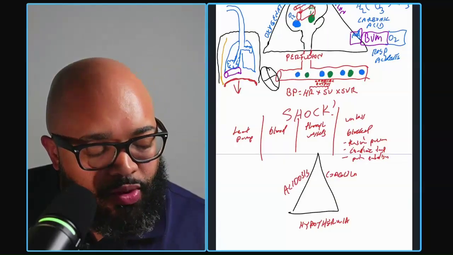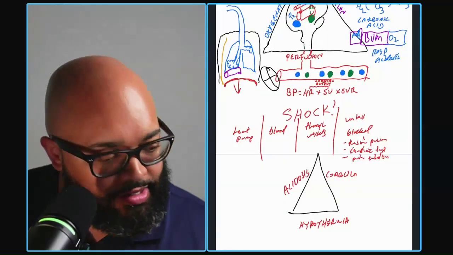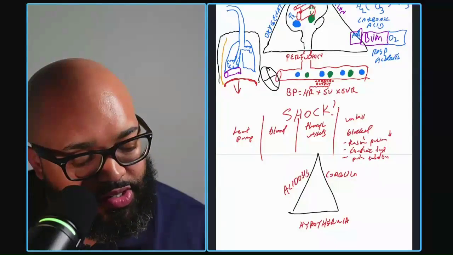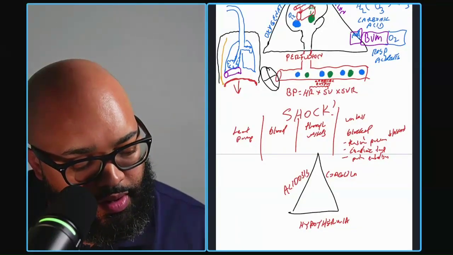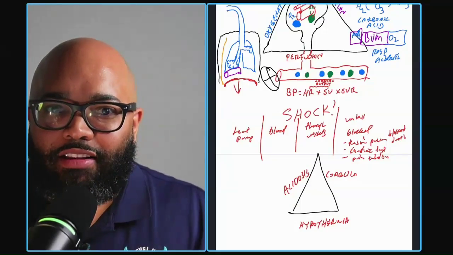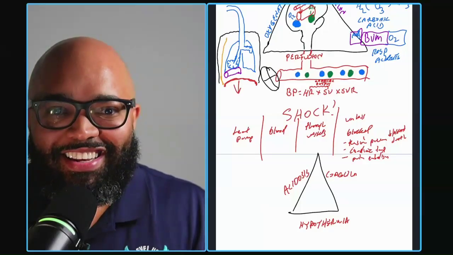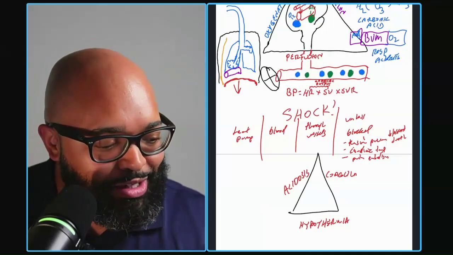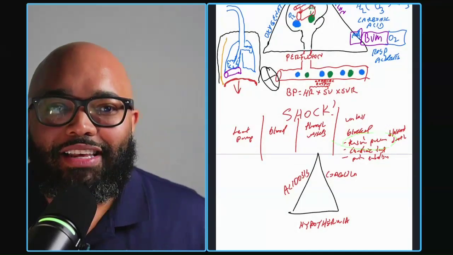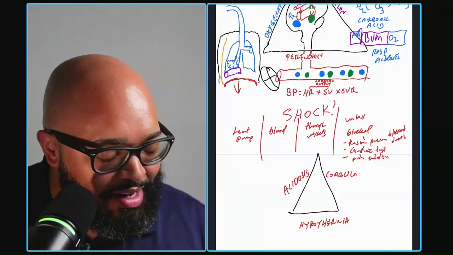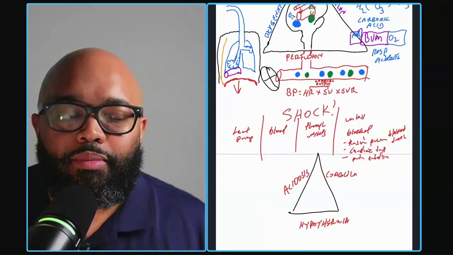In tension pneumothorax, what are my big signs that happen? Diminished breath sounds. Okay, so I'm going to have decreased or absent breath sounds. Oh, wait a minute. If I have decreased or absent breath sounds, that means that one side of the lung is not fully inflated. Make sense? Are we good so far? We're going to use the same picture and let's come up with the how and the why. So what we're talking about right now is tension pneumothorax. Let's understand why you have the signs you do in a tension pneumothorax. You said you're going to have decreased or absent breath sounds.